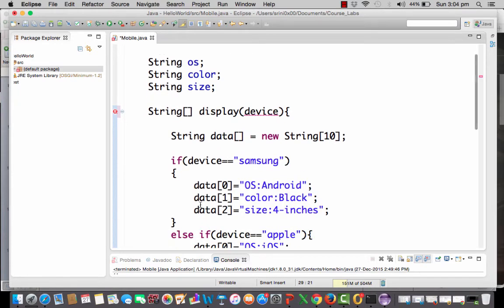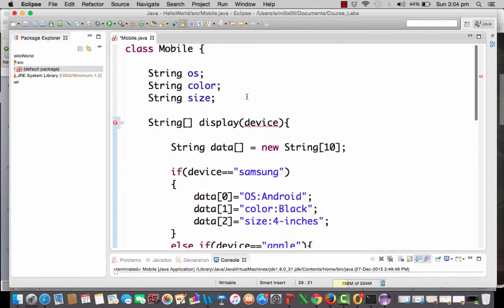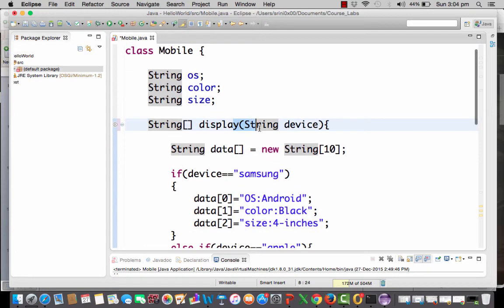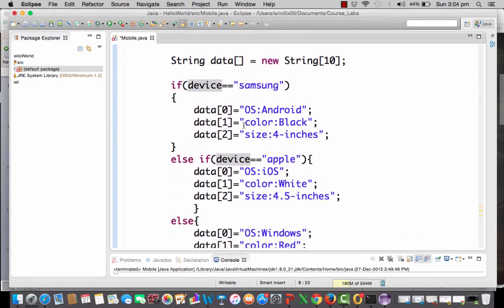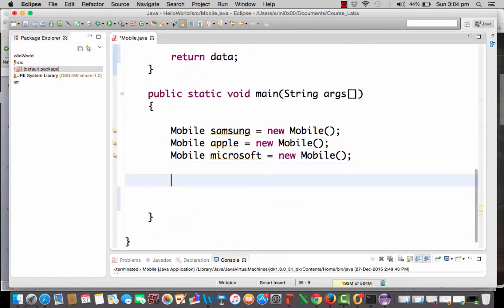Alright, perfect. Now there is an error here, because there is no method call. Sorry, so it has to be string, so there is no error now. So we have to specify the data type, which is actually coming in as argument. Perfect. Now let's call this particular function from this Samsung